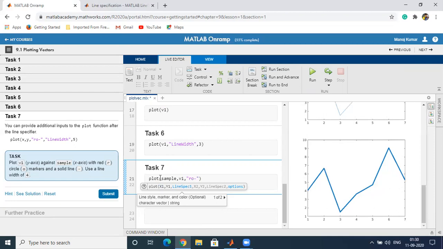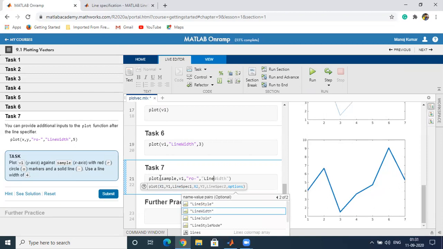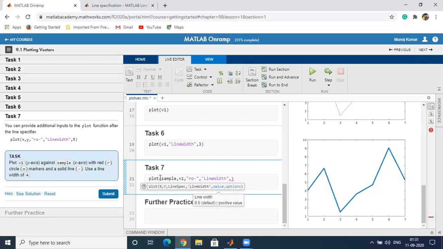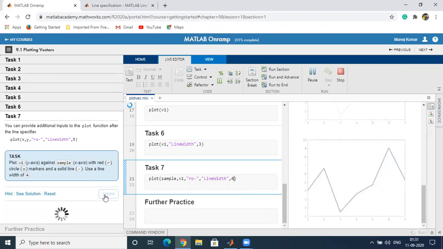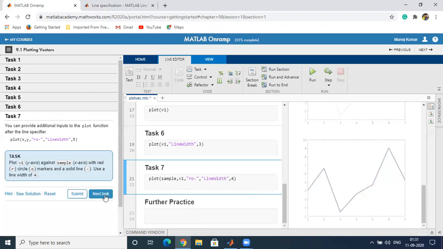With the line width, the line width is 4. So we can do so many operations on a single plot or within a single command.